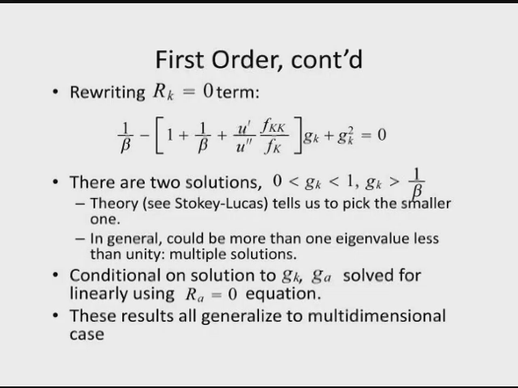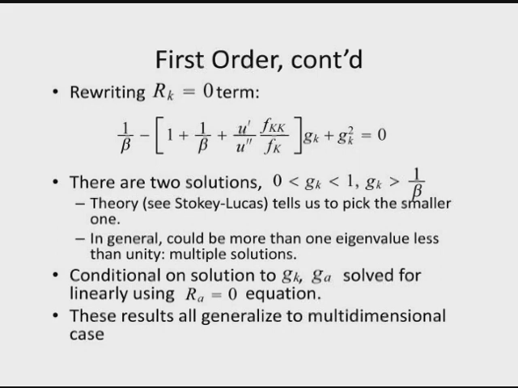And the fact that this is a positive number and that this is 1 over beta implies that, well, we know there are 2 solutions to that thing, but it implies something about those 2 solutions, which is that there's one G sub k that's bigger than 1 over beta and one G sub k that's less than 1 that solves that equation. And so this is the confusing equation, because you got to make a choice which one to pick. It's very straightforward to show that analytically. I mean, you just need a little